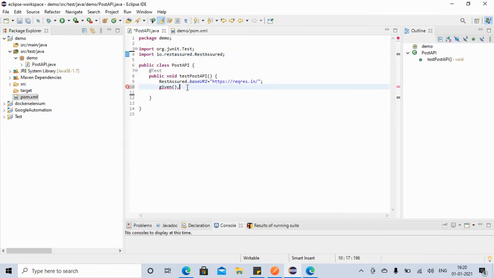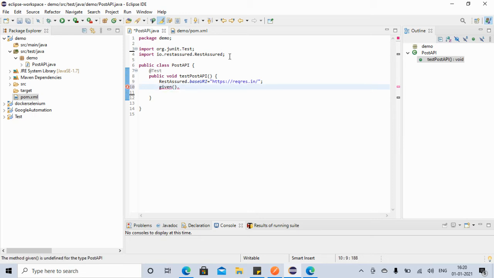Okay, friends. So we are getting some error. If you see, let me delete this part here. When we said RestAssured.baseURI, it imported the RestAssured library. But when we say given, it's giving an error, and we are not importing anything because it's a static method. So what can we do? Sorry, it's not given like this.